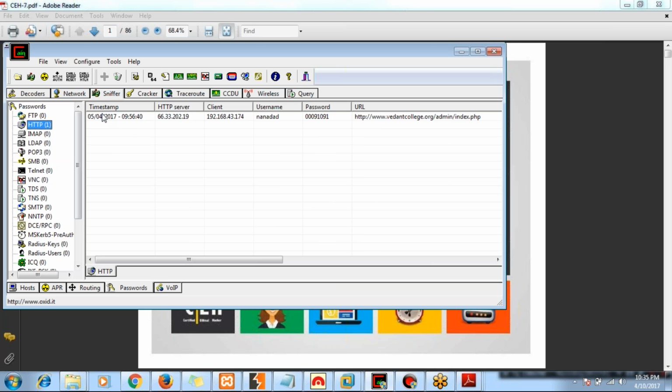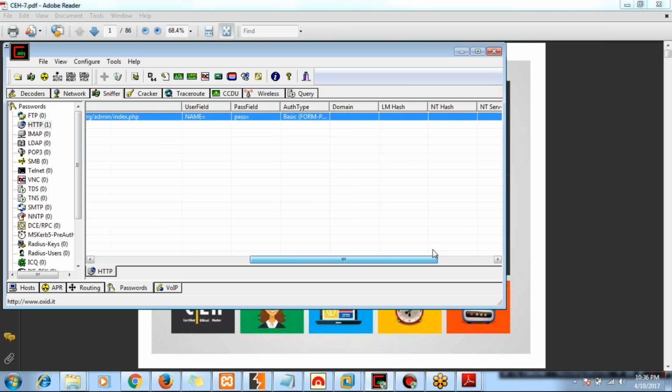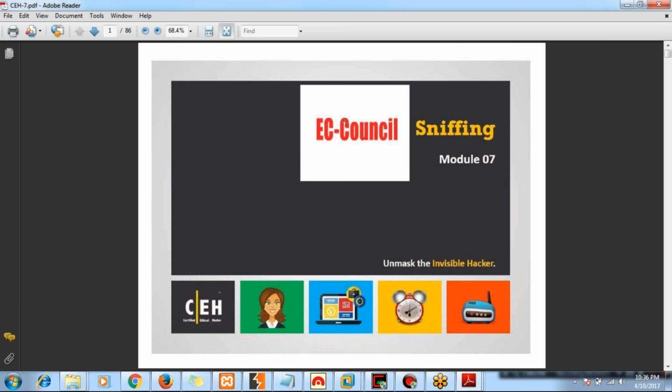Here you can see in the demo version I sniffed this HTTP password. Here you can see the timestamp, then HTTP server, then client, then username this one, and password this one, and URL this one. So in this way you can sniff the password, and you can sniff the traffic also. So in this chapter we are going to talk about how you can sniff the packets from the network, and